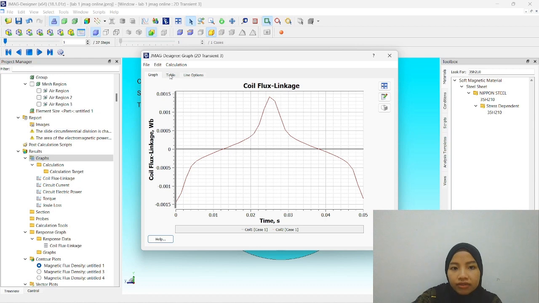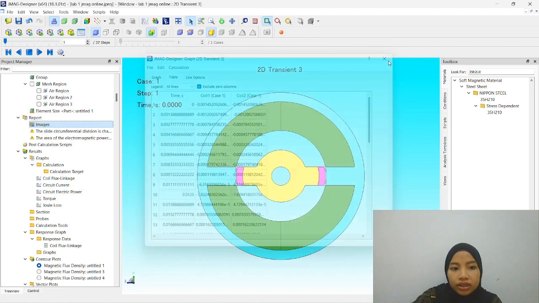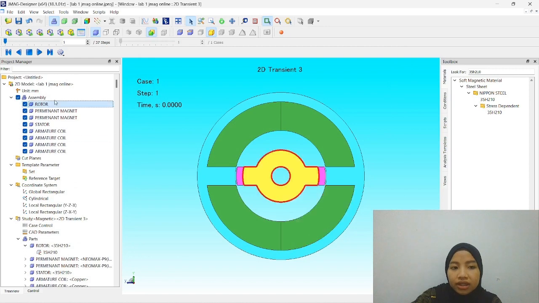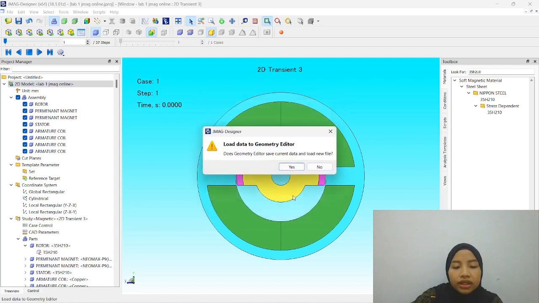And then we also have the data. Okay, this is our data for this simulation. And then that's all for activity 2. We need to move to the next activity, that is activity 3, that is used for the 3D part. Okay, for the 3D part,